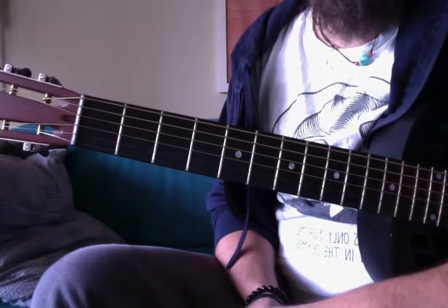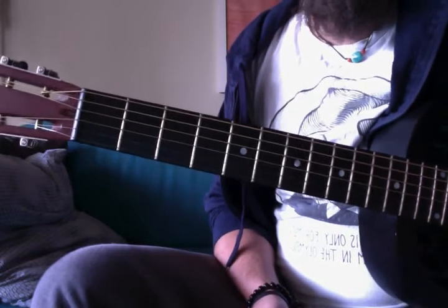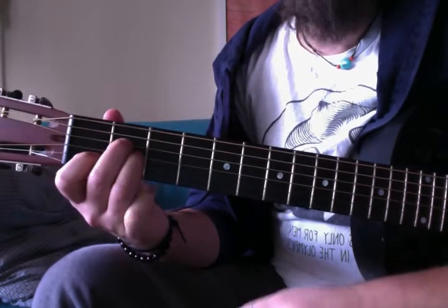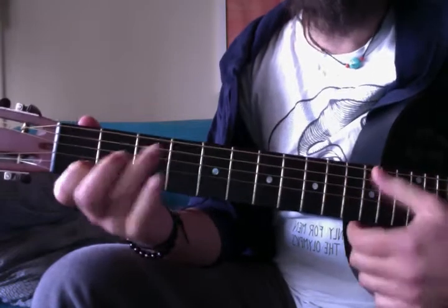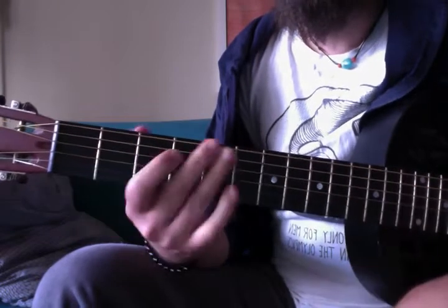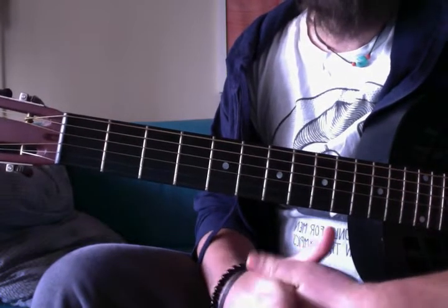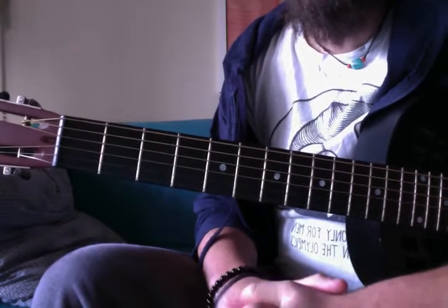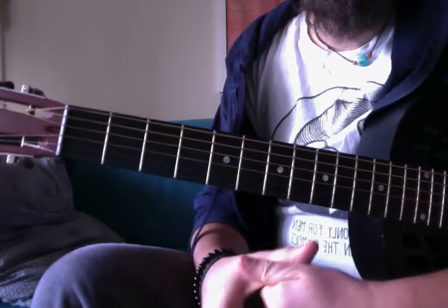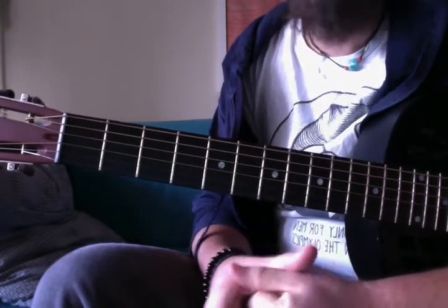Hey, so I'd like to talk about how to expand on basic chords. For instance, if you are a beginner and you've managed to figure out how to move these guys around, A minor, C major, and etc. So how do you start making melodies out of these chords? And how do you start being creative with basically what you got without overcrowding your mind with a whole lot of information? Because believe me, there is a lot of information when it comes to